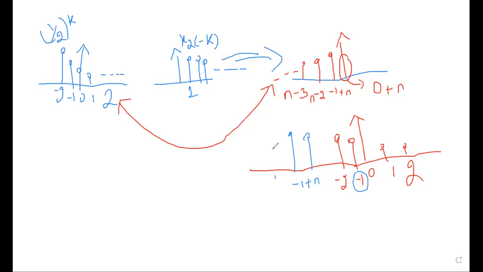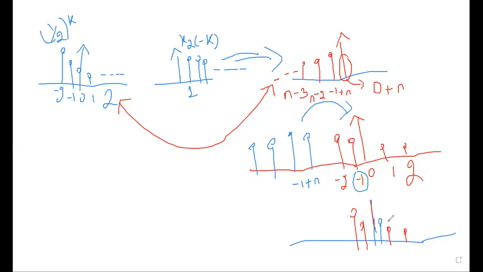Initially you won't get any output. Later, after one shifting operation, you will get the output. Once you do the shifting, the diagrams will be overlapped. So how will it be overlapped? -2 is here, -1 is here, and everything is here. Now that blue color signal I have to overlap here. When I overlap the blue color signal, somewhere it will fall between the signals. The left hand side is infinity.